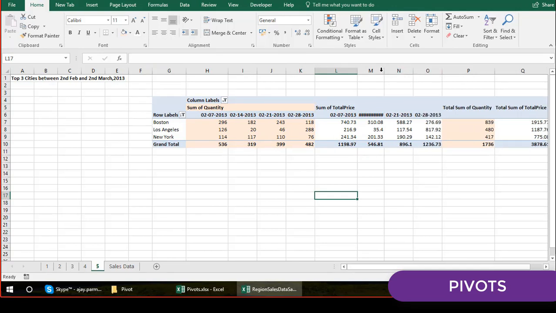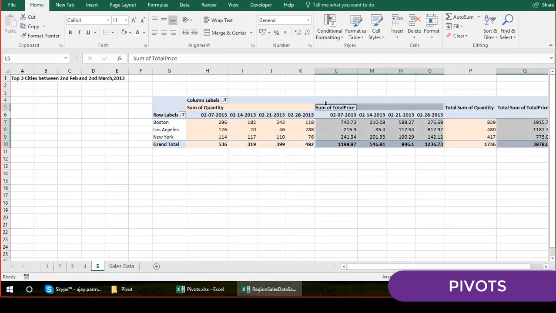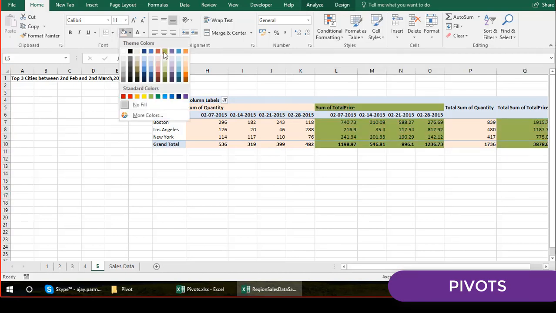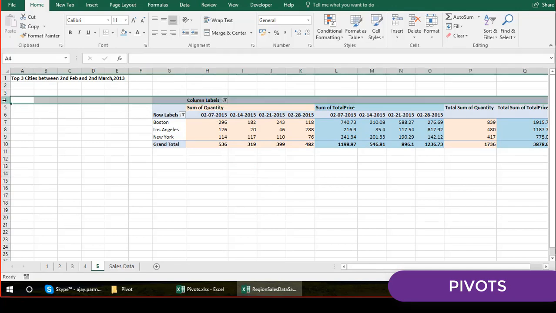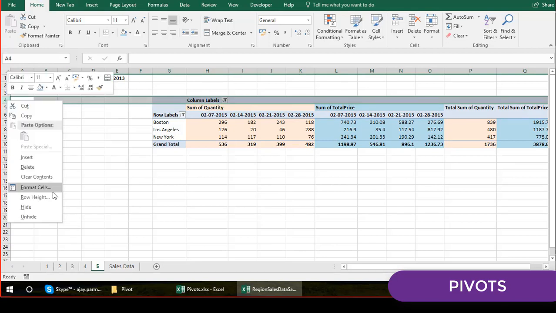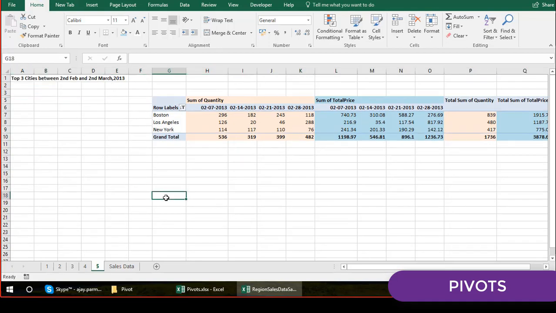How did I do that? I actually clicked on here. You see this border, I went to the border. So if I want to give a quantity color, the price color, I click here and the quantity will be highlighted, and then I can give them a different color, this color, let's say. That is how it is, right? So this is how people will come to know. And of course, you don't have to show this to the user, you can hide it. That's how the pivot is going to look, right?